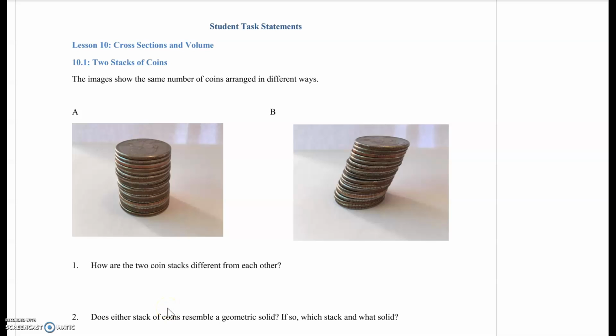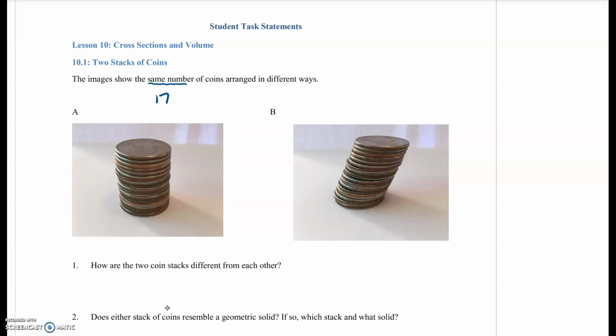In Unit 5, Lesson 10, we're going to investigate the relationship between the cross-section of a geometric solid and the volume of that solid. So we'll start here with problem set 10.1. We have two stacks of coins. The images show the same number of coins arranged in different ways. Really important to realize: same number of coins, and if you count them up, there are 17 coins,